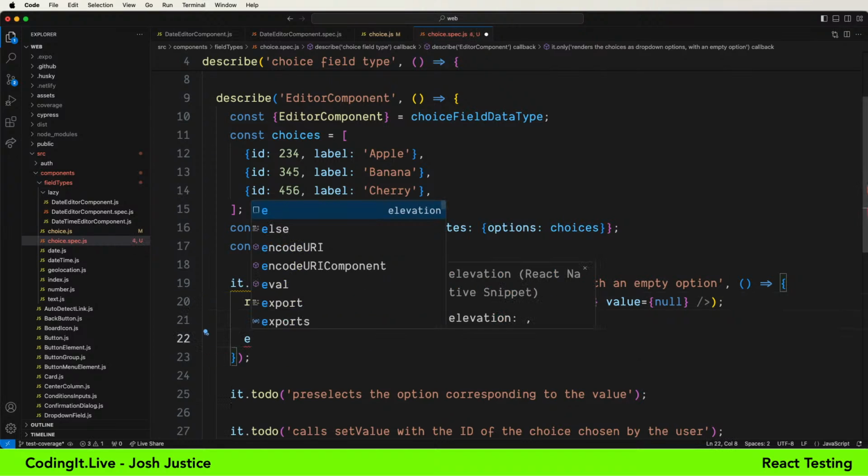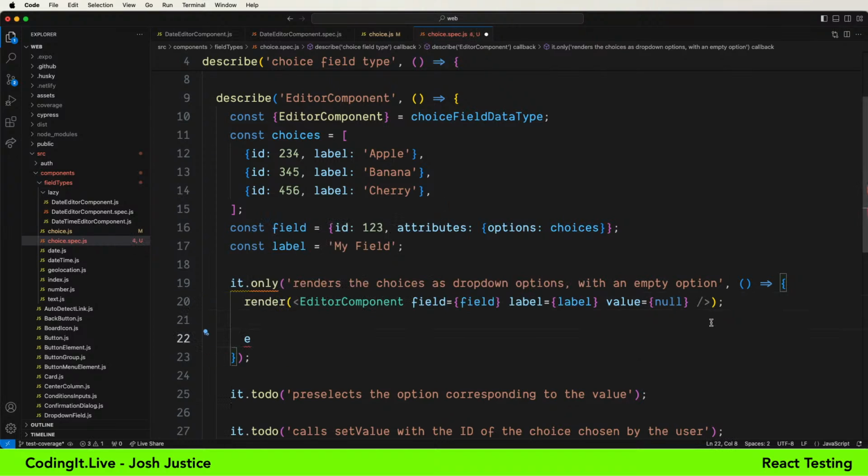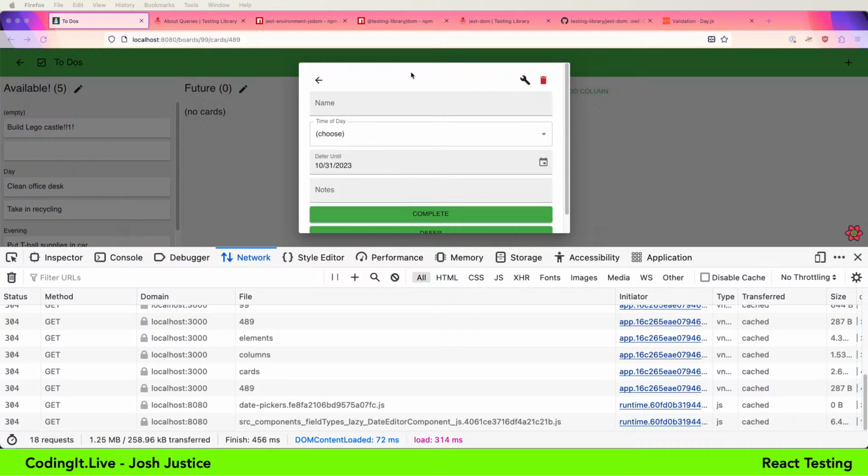So now we want to make sure all the correct options show up. And I forget how this is rendered out. So let's do the most intuitive thing using get by role, and then we'll see if we need to click on something or something like that. I think there's also something else though, in that, let's look at the running application.